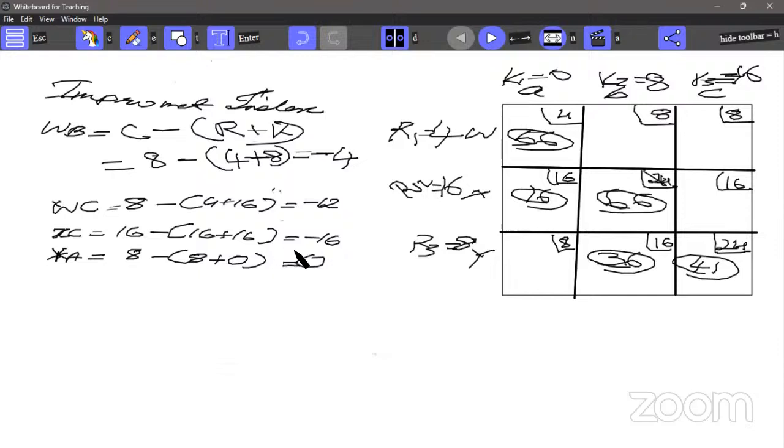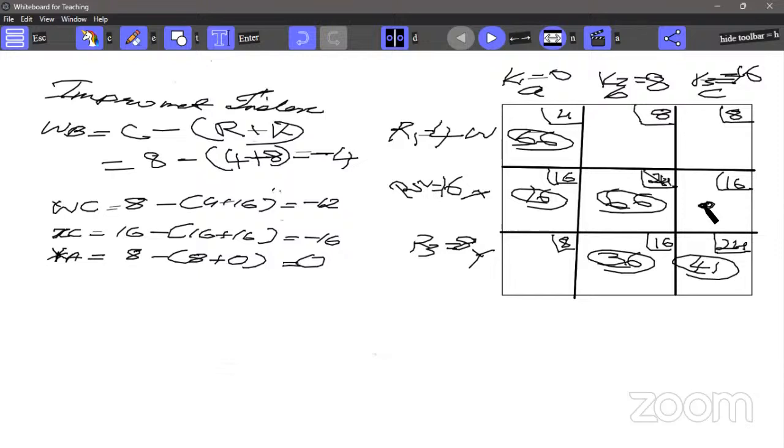So we will improve this cell now, XC. Did you understand this? This particular cell we will improve because if I allot something here, I am going to save money. How much am I going to save? 16 rupees per unit. So now for this cell, I have to find out a